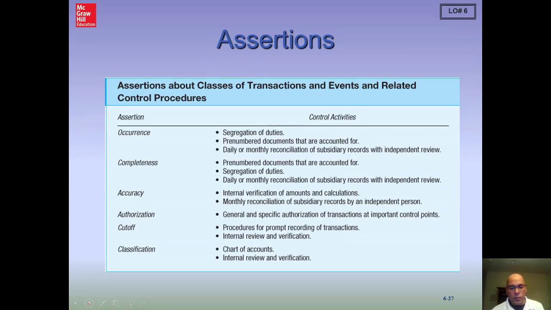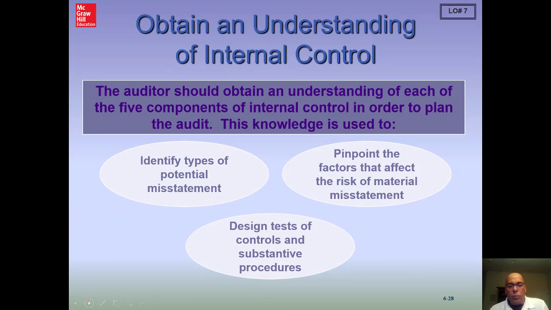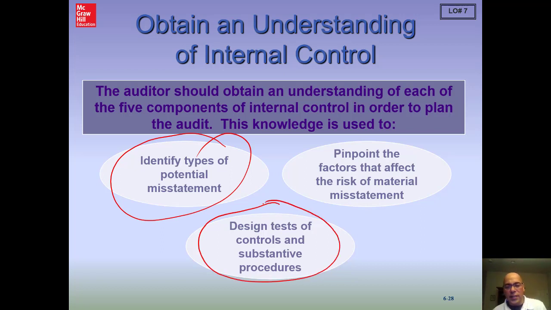Okay? And when we test the operating effectiveness of the controls, we really are going to line up control activities with assertions. And remember our 6 primary assertions that we talked about in our earlier chapters. Okay? And remember that when we do this, we identify the potential misstatements. We then evaluate the controls that would help prevent or detect that misstatement, and then we use that understanding to help design the timing, extent, and nature of our further audit procedures, which could include a testing of the operating effectiveness of the controls and will always involve some amount of substantive testing.